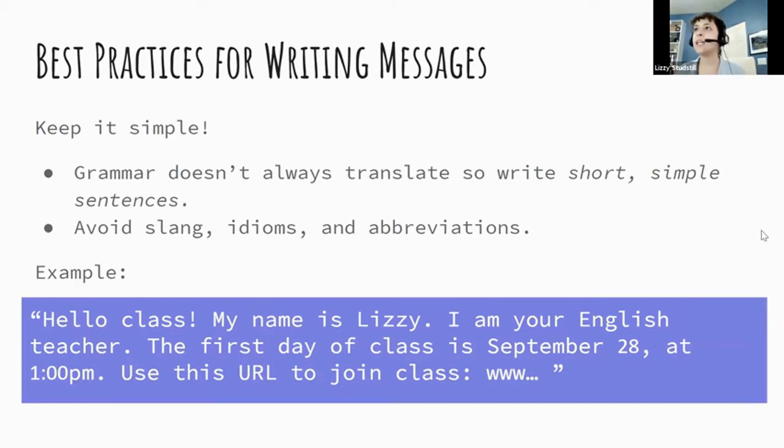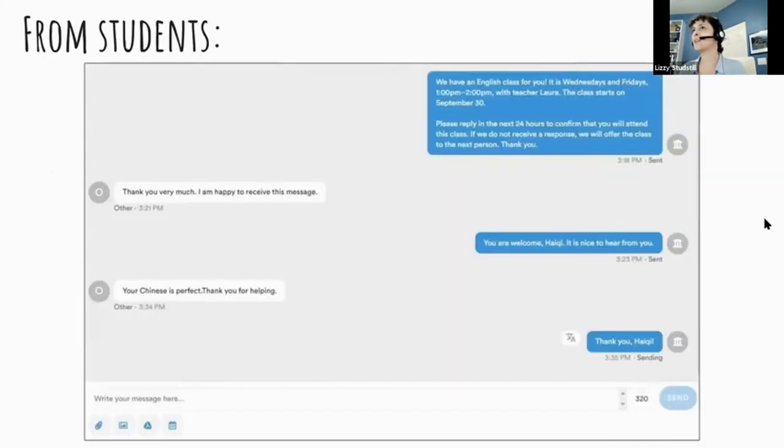But while we as teachers are doing that careful thinking about our messages, our students may not be. And I want to show you some examples that Sheila has gotten while she has been registering students for classes. So this first one is to a student who put Chinese as their language. So Sheila's sending out, we have a class for you. Please reply to confirm that this works for you.